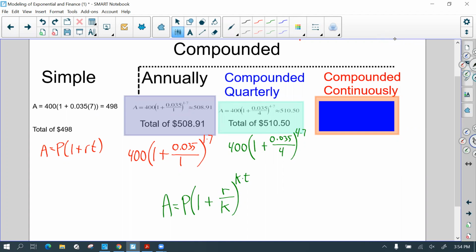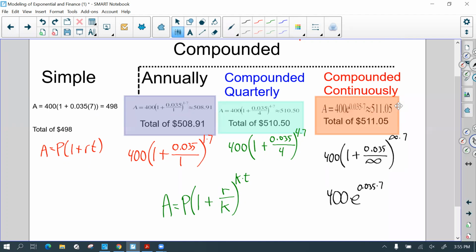Compounded continuously. So 400, rate of 3.5%, not 4 times a year, not 100 times a year, but an infinite amount of times per year. So you really want to put this in your calculator, but that approaches this function: 400 times the number e raised to the rate times time. You put that in your calculator and we get